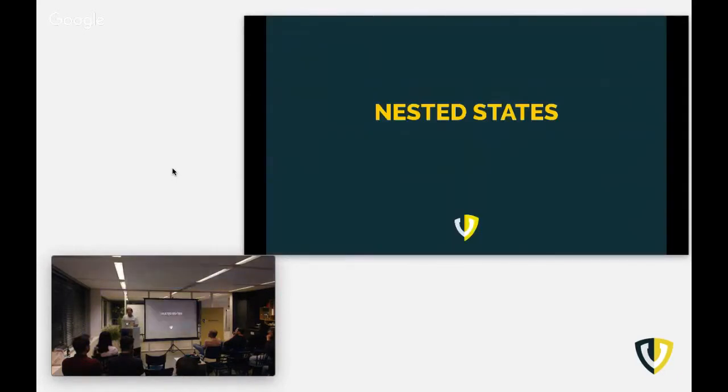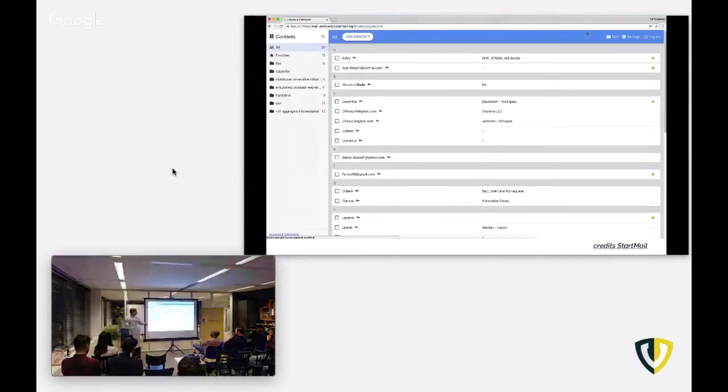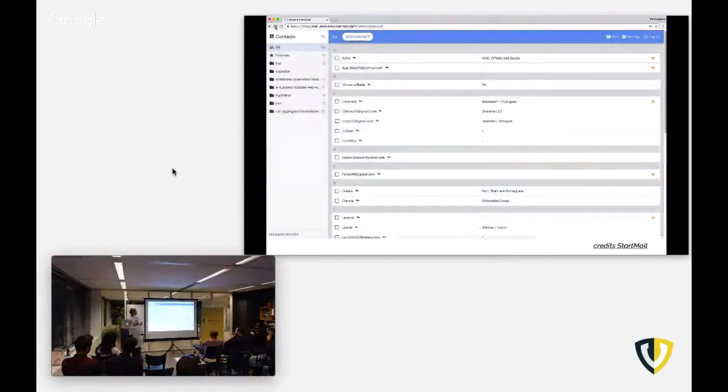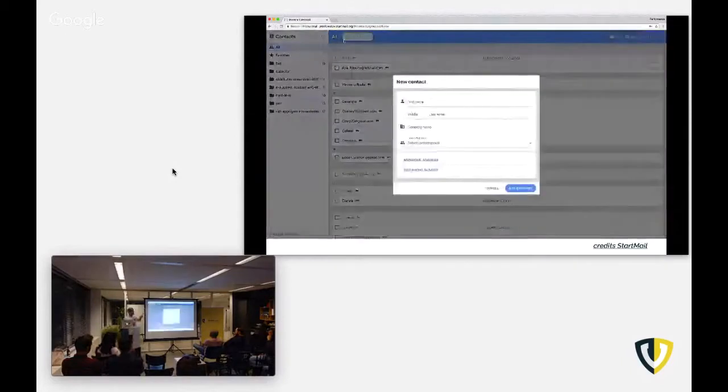And there's one more thing about states in a single-page app, especially: as we no longer need to think about them as completely separate views, we can also load them in separately. So this is again Start Mail. If I add a contact, that's maybe more of a modal thing or whichever. I think another thing that we then have to make sure of is that it actually stays inside of our